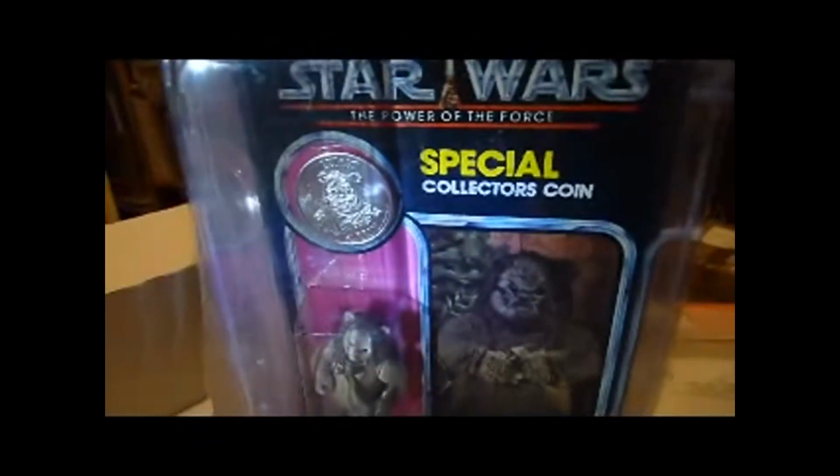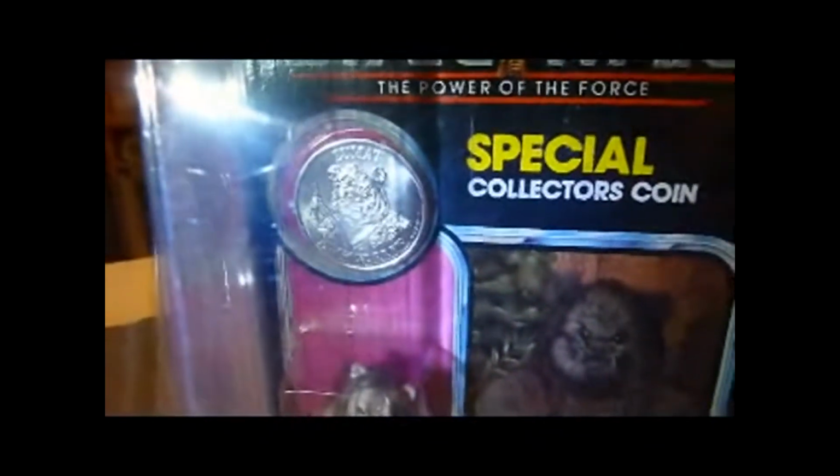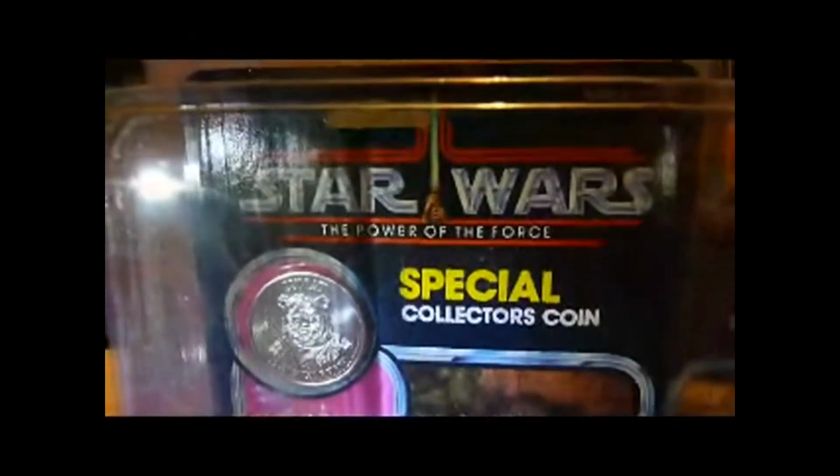Okay, so one more look at Lumat on the Powder Force card. I guess all the Powder Force Lumats are on this sort of card, the Mexican card. Let me know if anyone's got one that's on a sort of higher gloss card, which would indicate that it comes from the US rather than Mexico. And nice figure though, card's in pretty good nick, and the bubble's very clear, and the figure looks pretty decent, and the coin is rather nice. So a nice Powder Force card,